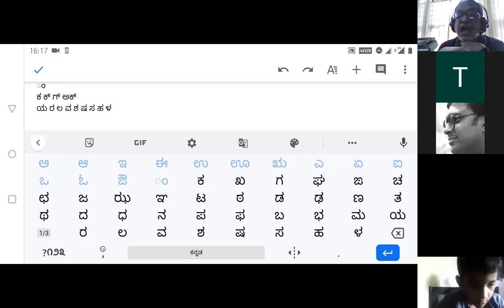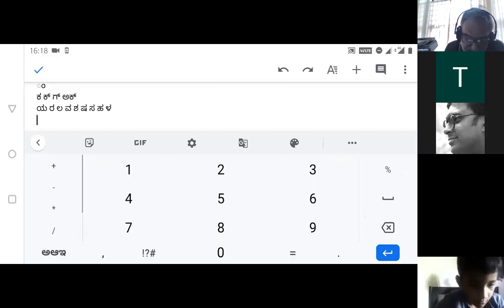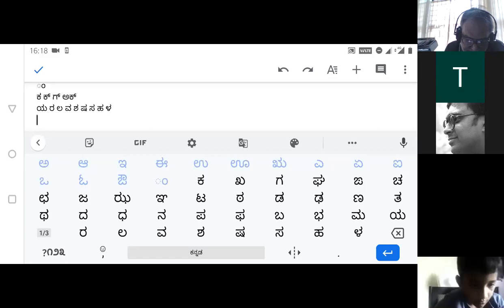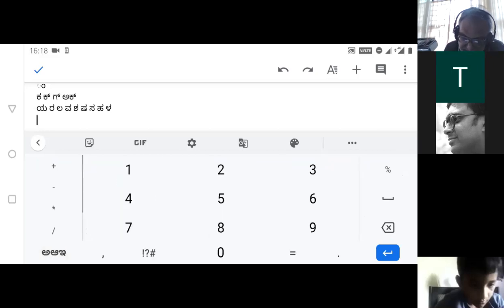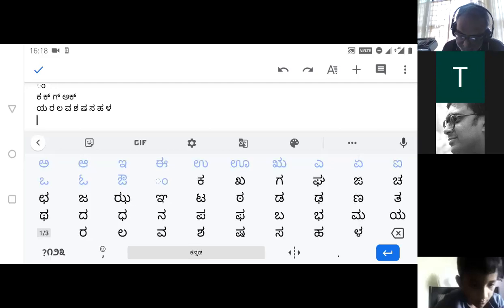Now, you also have the characters for the numbers on the screen. For example, why isn't that coming? Here, no, on the side.